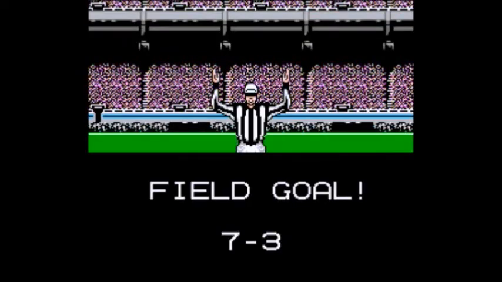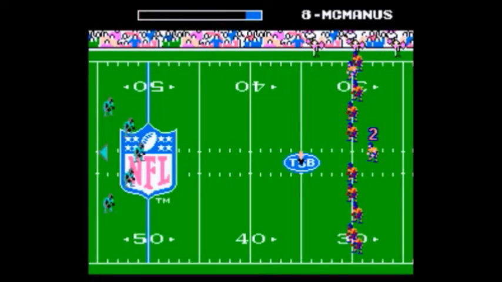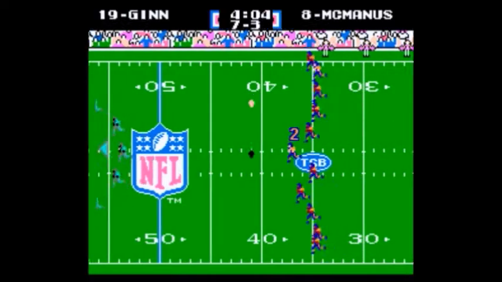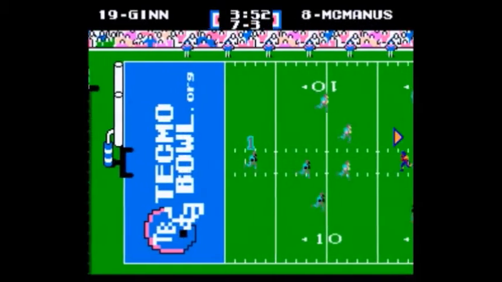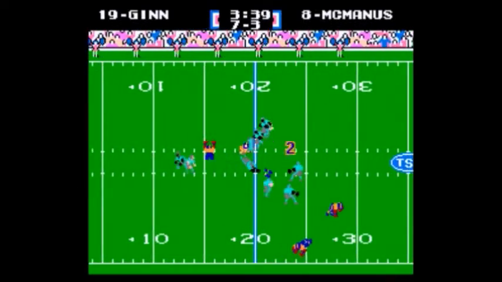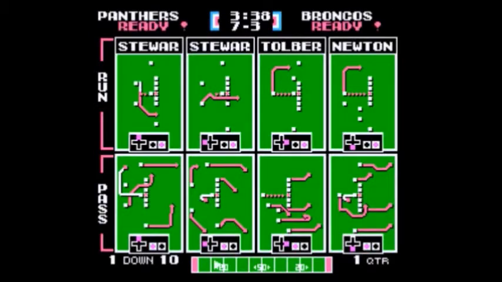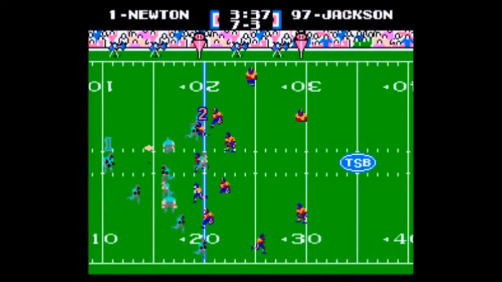And looks like McManus is good again. He's had a great postseason there for the Broncos. Yes, that one looked like it was good from 49 yards. And here he is set to kick off to Ted Ginn, who's settled back just outside of his own goal line. He'll take it. He gets up to the 10. He's going to make a move. He's to the 15. Can he get to the 20? That's where he'll be brought down. First and 10 for Cam.